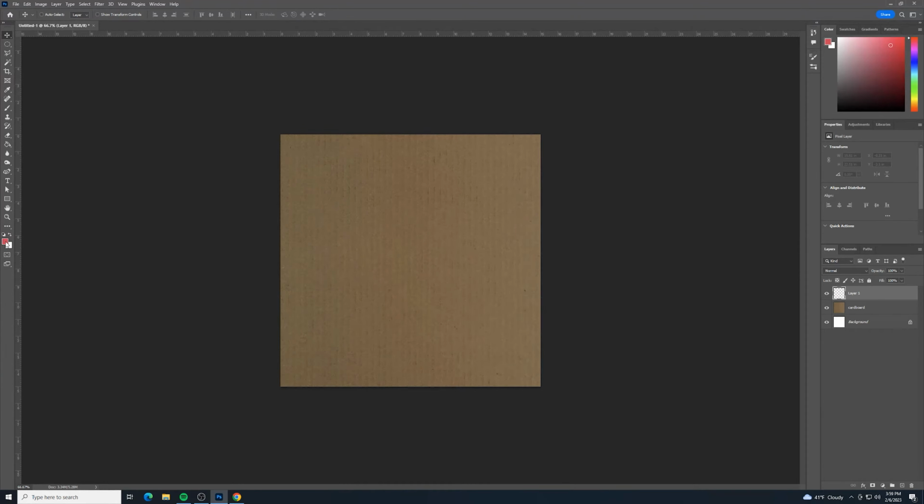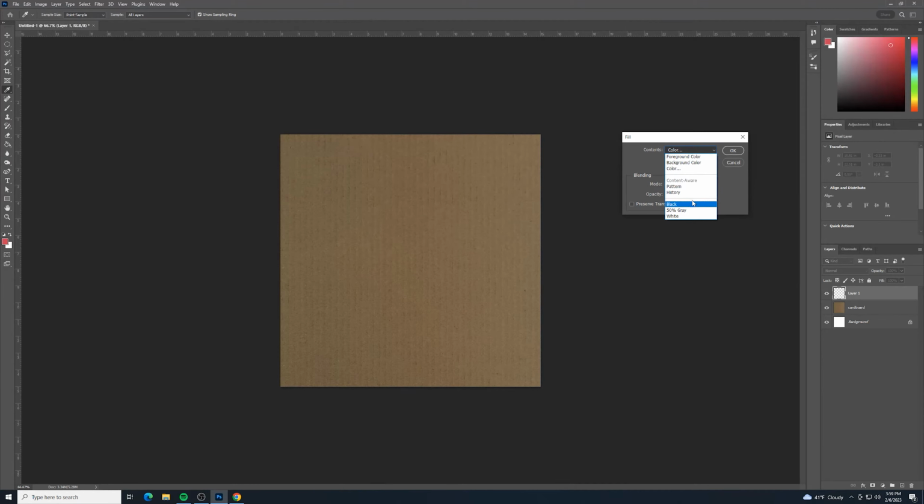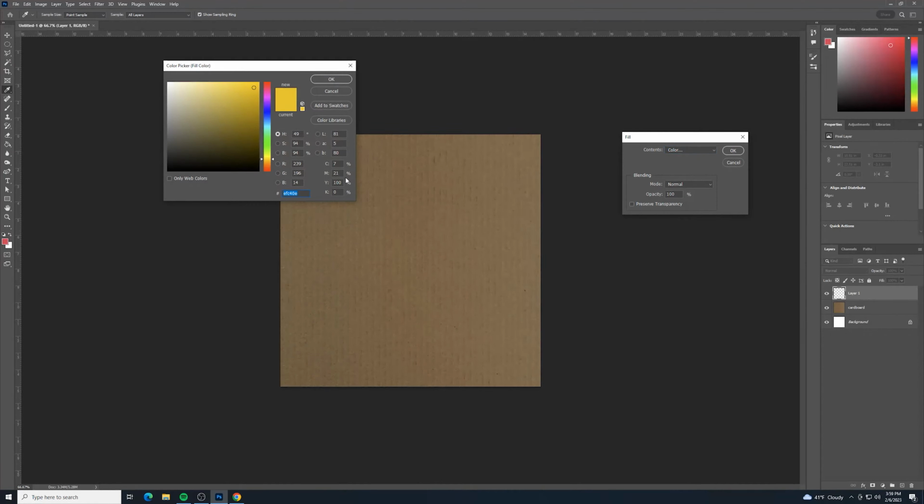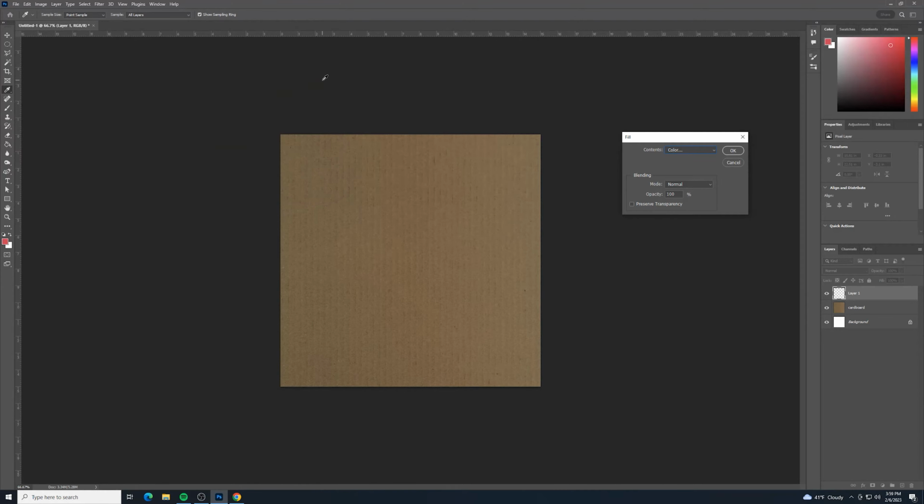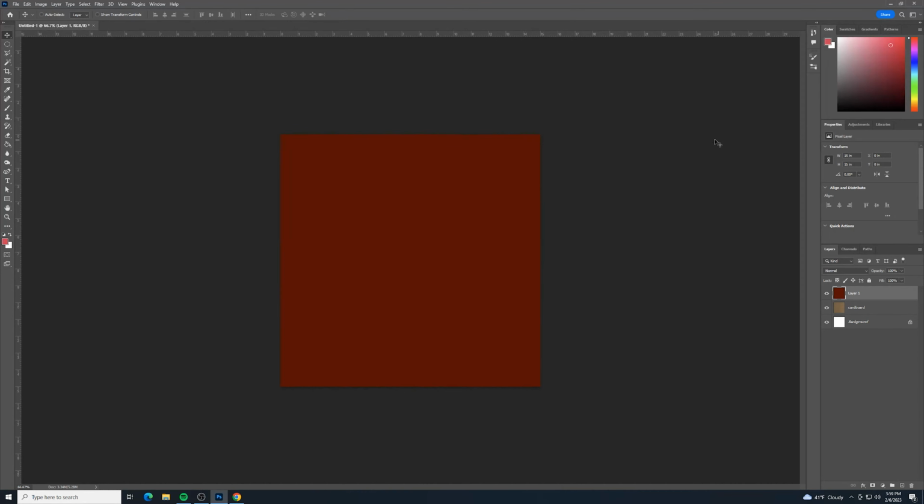And with this one, I can use Shift Backspace. Go up here to fill with a color. And the color I want to use is 640000. This nice deep red color. And then I'll click OK, covers the top. And I'll call this red. Doesn't really matter. And for the blend mode for this red layer,